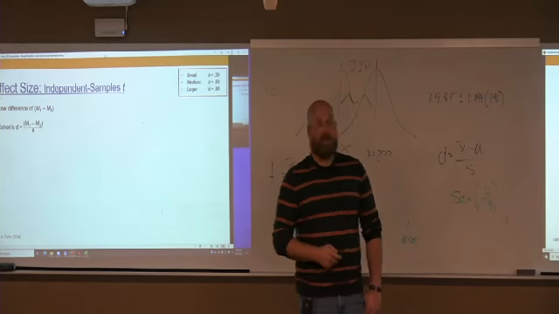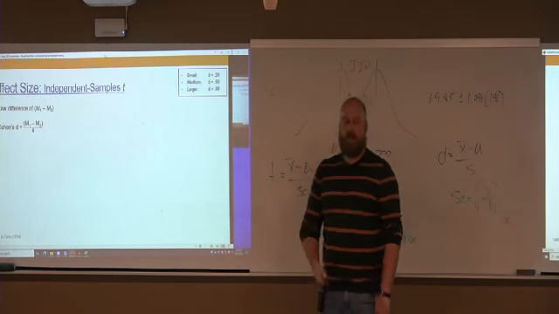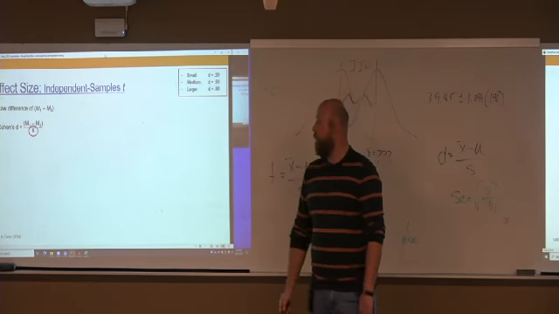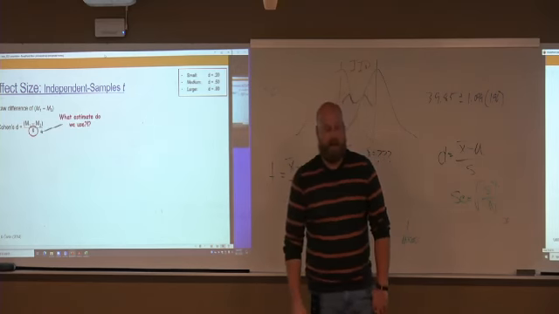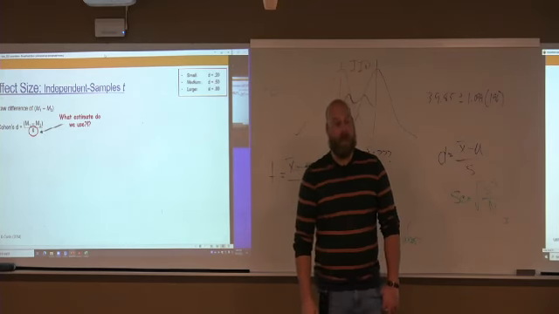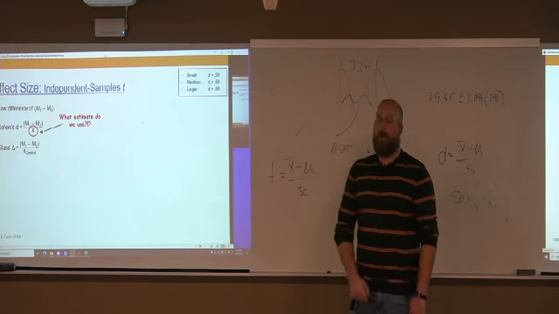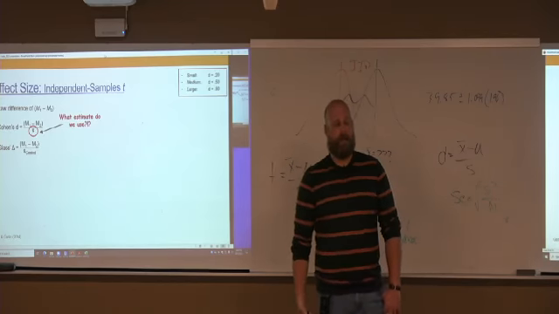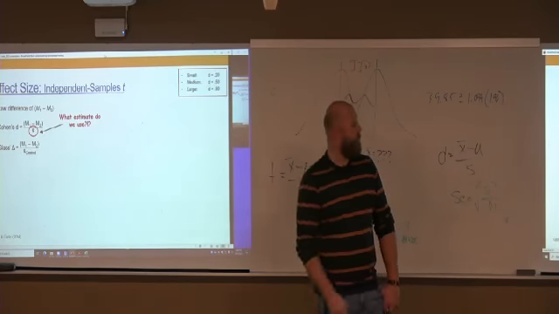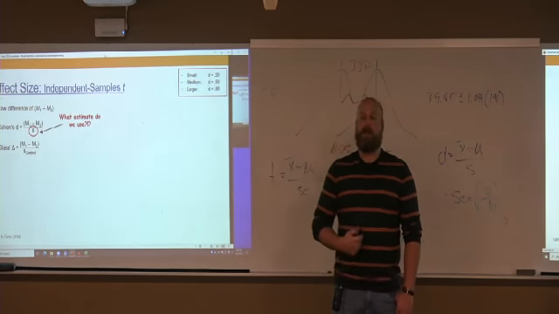So Cohen's d, just like before, is going to be my mean 1 minus mean 2 over some estimate of my standard deviation. Problem is, what standard deviation do we use? Because now we have more samples, so we've got more options. One option is what we traditionally would call a Glass's delta, okay? With Glass's delta, we're taking the difference of mean 1 and mean 2, and dividing it by the standard deviation of